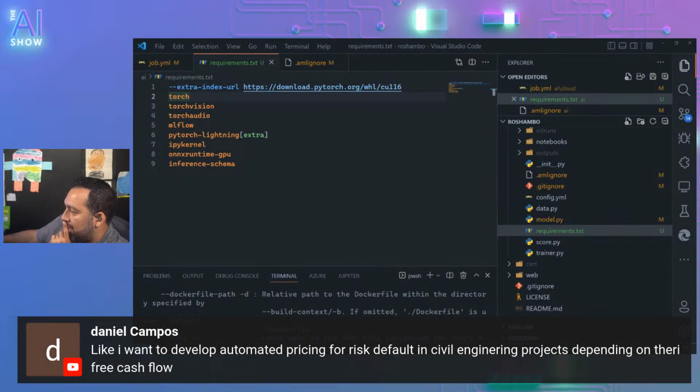Like I want to develop automated pricing for risk default in civil engineering projects depending on their free cash flow. Yeah, but I feel like that's not machine learning. I feel like that's some kind of regression, which I guess is machine learning. Maybe. I feel like standard statistical methods will figure that out, right?